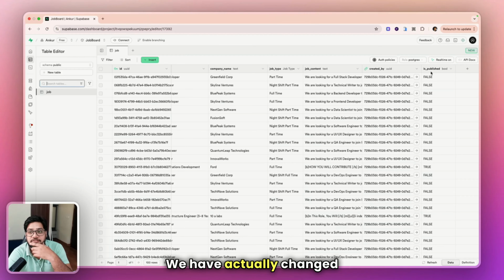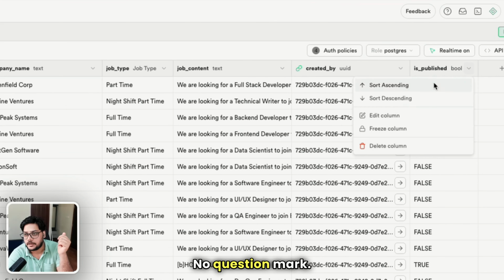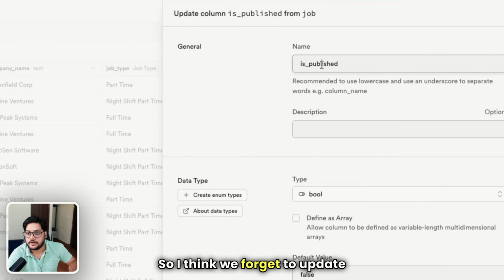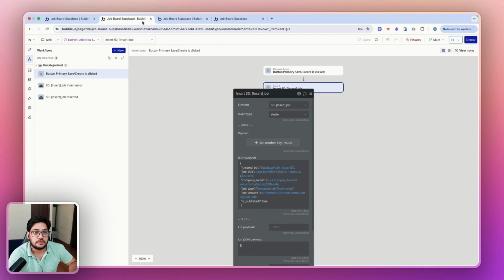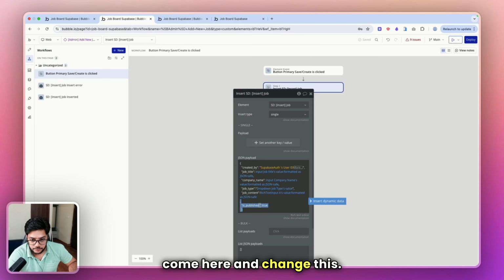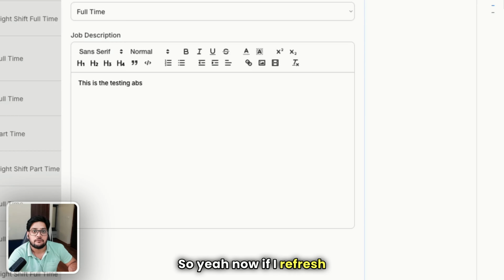We have actually changed the column name. So it's is_publish only, no question mark. So I think we forgot to update it on the front end side. So what we need to do is come here and change this. So yeah, now if I refresh